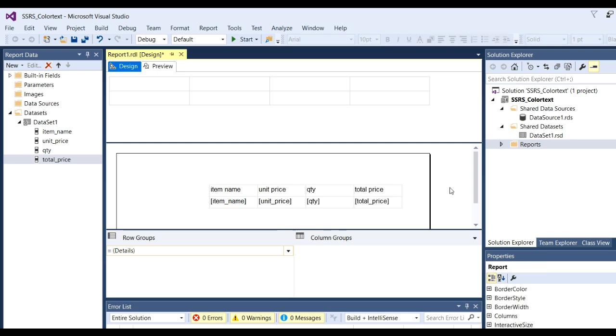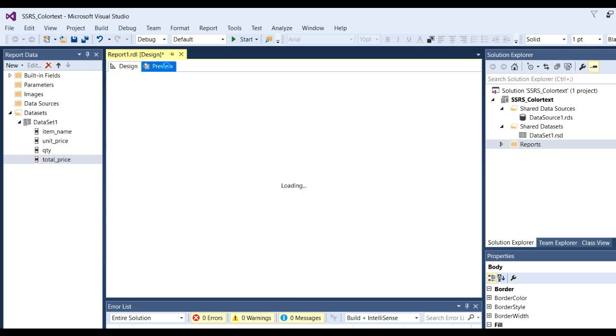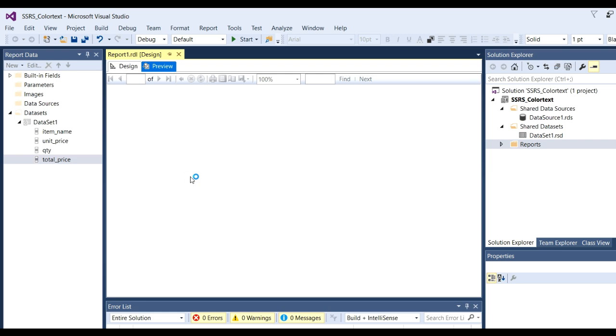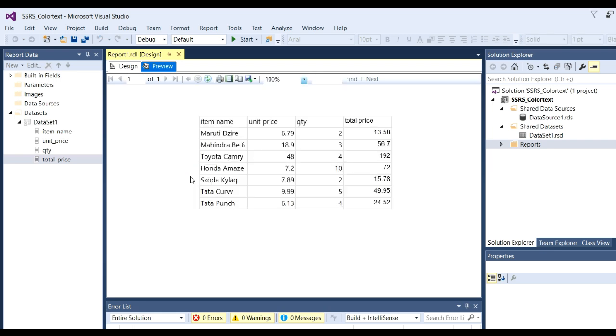So here you can see you have designed the report and you can also format it. Now click on Preview. So here you can see that your report will be displayed